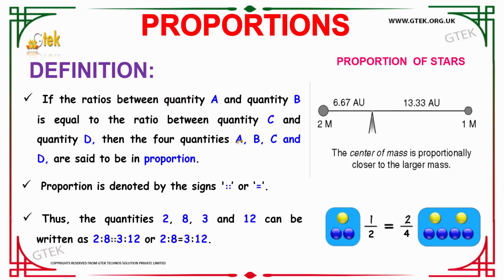If the ratio between quantity A and quantity B is equal to the ratio between quantity C and quantity D, then we can simply say that the four quantities, that is A, B, C and D, are said to be in proportion. In general, proportion is denoted by the symbol or sign